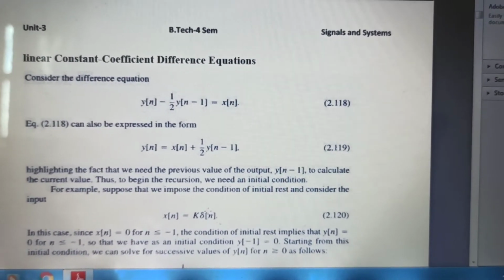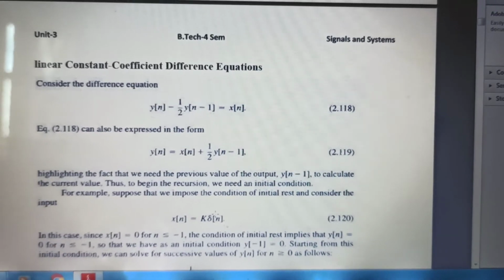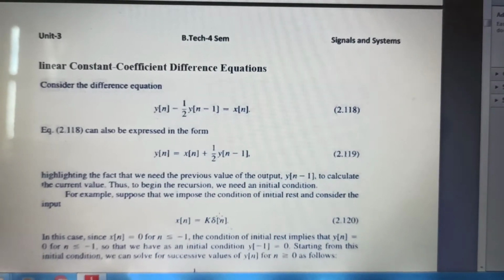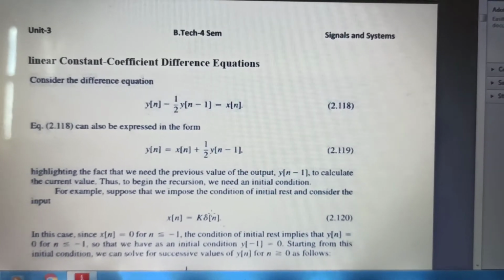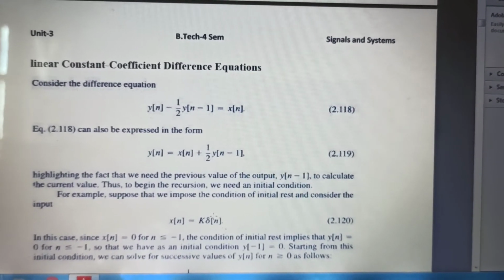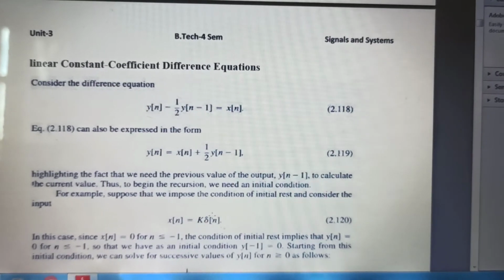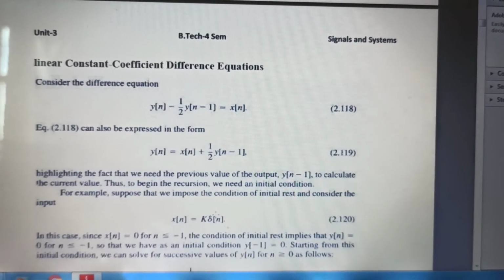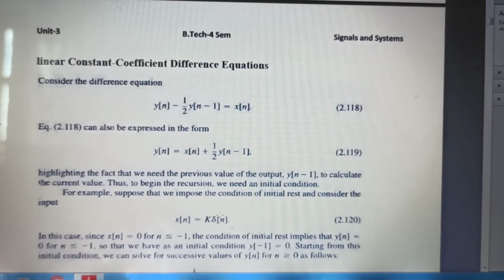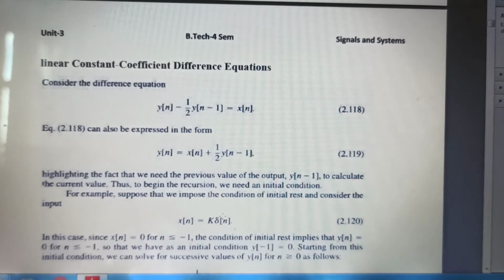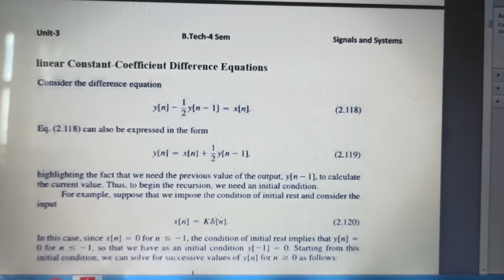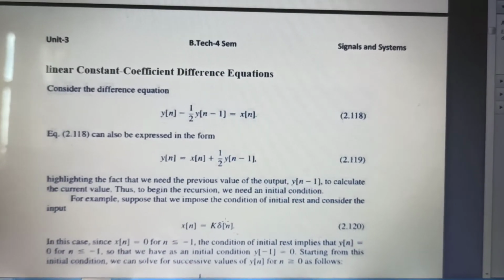I had already discussed that a relationship should be there. Some constraints, some auxiliary conditions are there. Because as it is very much clear from the previous lecture, even if we have to calculate a differential equation, for example, a simulation is running on, and we have to get the value of the midpoint of simulation. What is the value of the output at t equals to T by 2?